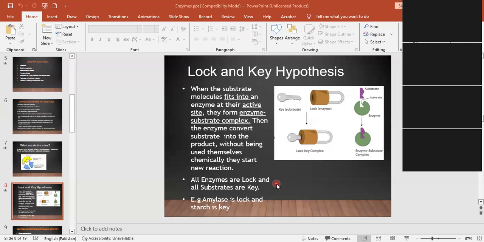Maltase is a lock. Very good, it's a lock, right? Because it's an enzyme. और इसका substrate क्या हो जाएगा? Maltose. And product क्या हो जाएगा उसका? The product would be glucose. तो आपको ये याद करना पड़ेगा, what are enzymes and what are their substrates and what will be the